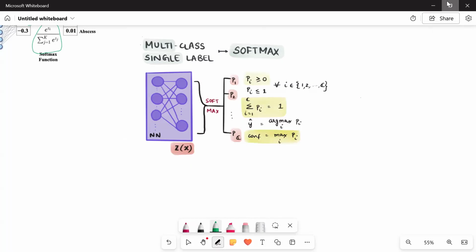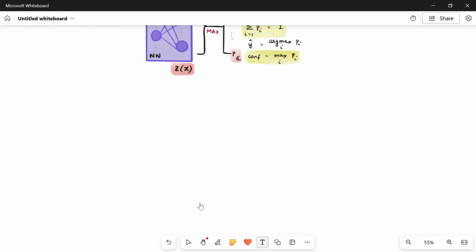Now we have a few more activation functions which are very important, because softmax and the sigmoid function are not zero-centered. That is the reason we use the tanh activation function, which is an improvement of the sigmoid activation function. What is the name of the function? tanh. These names we need to remember, guys. The tanh activation function is an extension of your sigmoid function, and the formula is